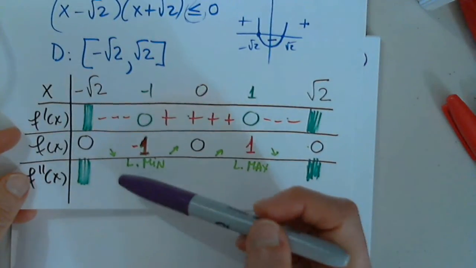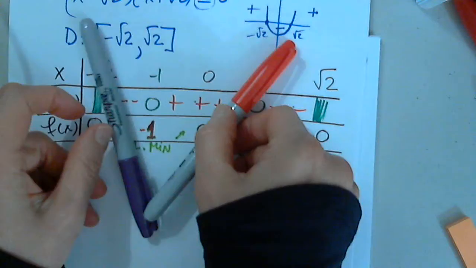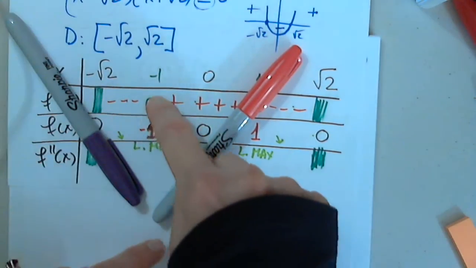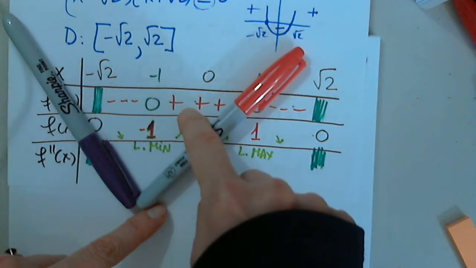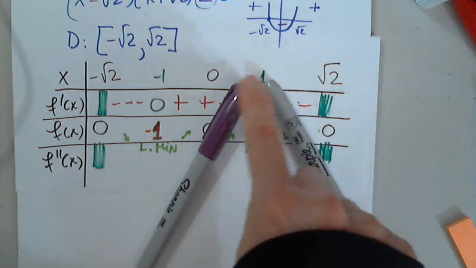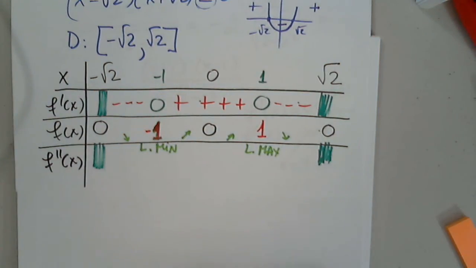So obviously this is a local minimum because of the sign of the first derivative, the sequence of signs. Negative, 0 at this point, positive. And this one is the other way around, positive for the slope, 0 for the slope, negative for the slope. Okay, so now